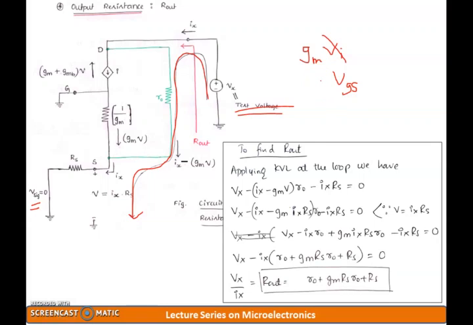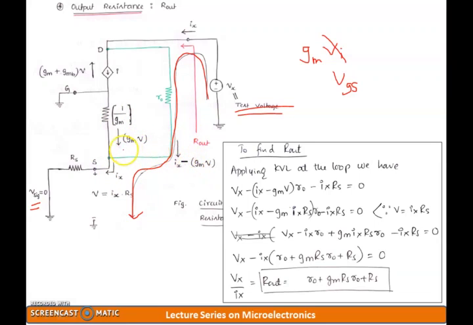Now here I don't have the common source concept coming into the picture. I have the common gate amplifier configuration, so I cannot use the VGS term. Which means my ID, or the drain current, will have a value GM into V. And what is that V? V is nothing but the voltage that is generated because of the current Ix and resistance Rs. So GM into V is the current that is flowing in this particular terminal, 1 by GM resistance, and Ix is the current that is coming out over here. And what is the remaining current? That is Ix minus GM times V.